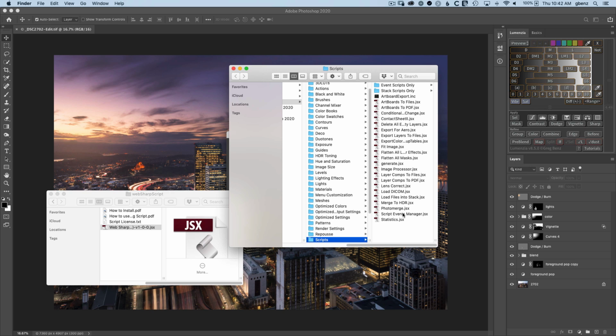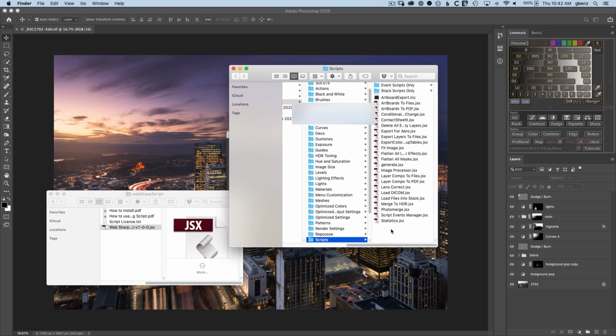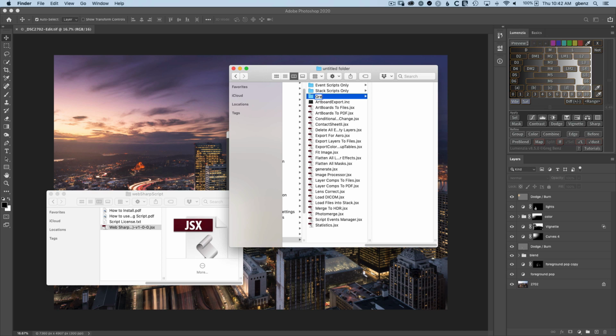If you like and you want to stay more organized, you can put it in a subfolder. As long as it's somewhere underneath scripts, it's okay. So I'm going to right click, choose New Folder. I'll have to punch in my password for permissions. And then I'm just simply going to call this Greg Benz. You can call it whatever you want, but this is one clean place that I can put all of my